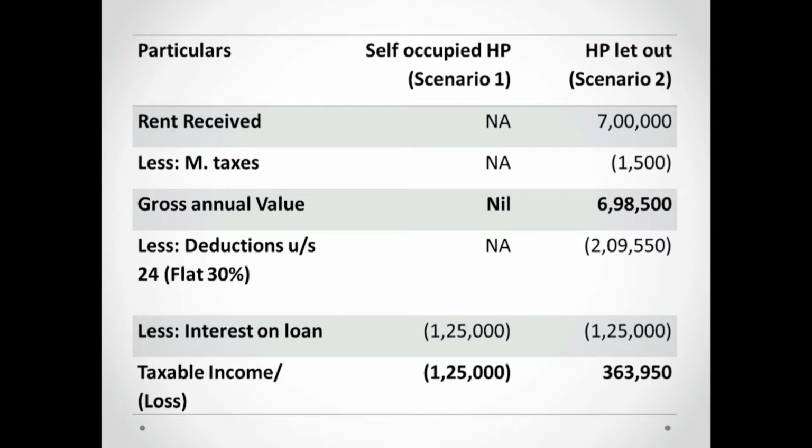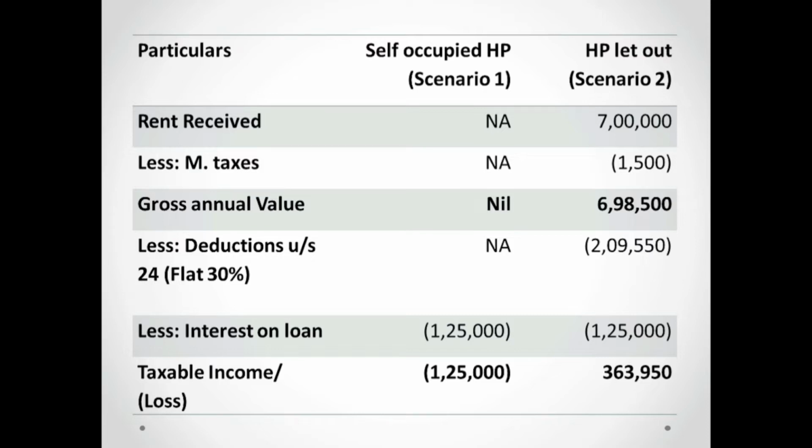Next, house property if it is let out. Let's say you are earning a rent of 7 lakh per year. Municipal taxes, you'll be getting a deduction under this. So 1,500 is deducted, 6,98,500 comes up to gross annual value, and the Income Tax Act allows 30% flat deduction after this, which will be 2,09,550, and interest on loan you are paying 1,25,000. Hence taxable income comes to